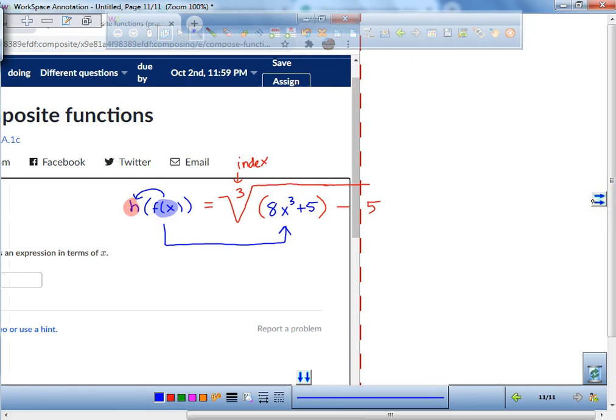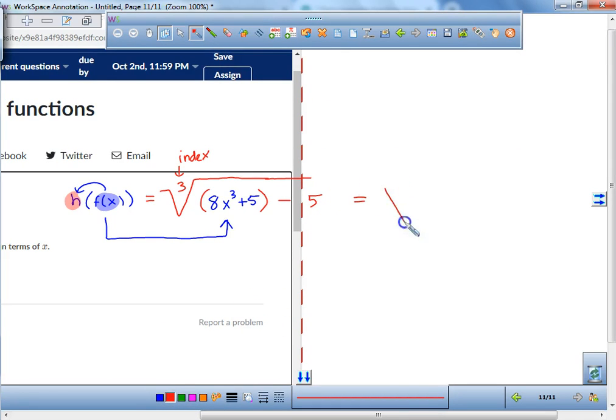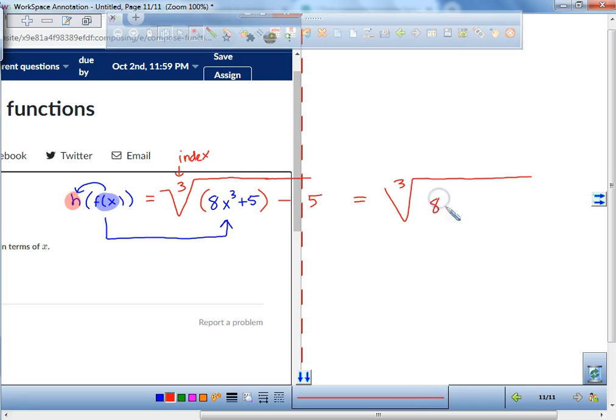I'm going to make it a little bit neater over here. So here's what we have. Equals the cubic root of 8x cubed plus 5, then there's a minus 5. So what could I do to simplify this? Any like terms that you think we can combine? The 5 and the negative 5. So what are we left with? 8x